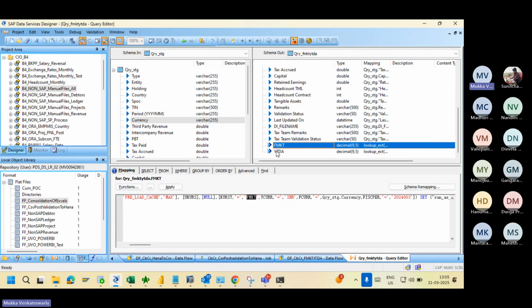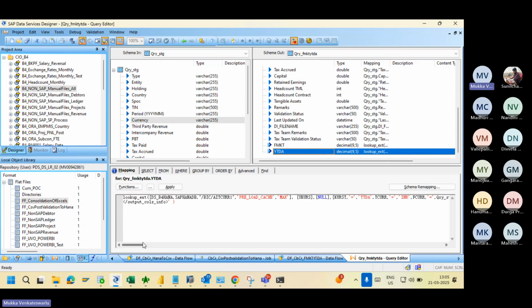Again YTD data, YTD data also same. For YTD and FMKT, we are doing this currency conversion. FMKT means March, based on the March numbers,